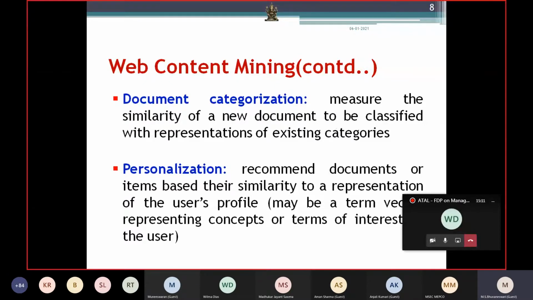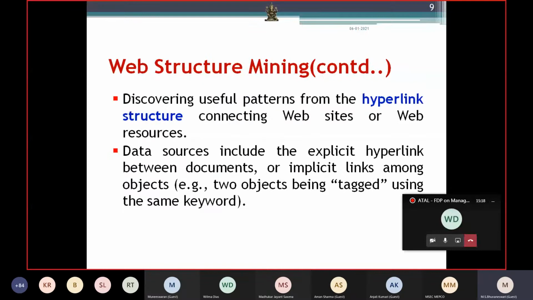All these depend upon the content of the page, so that is web content mining. The next feature is called structure mining. From the name, structure mining means we are dealing with how we have organized the pages, how one page is linked with other pages.